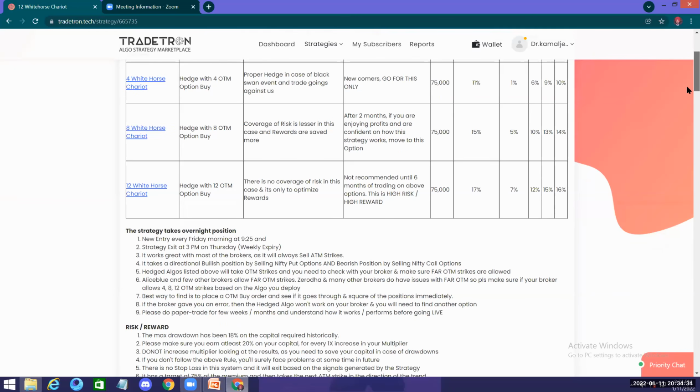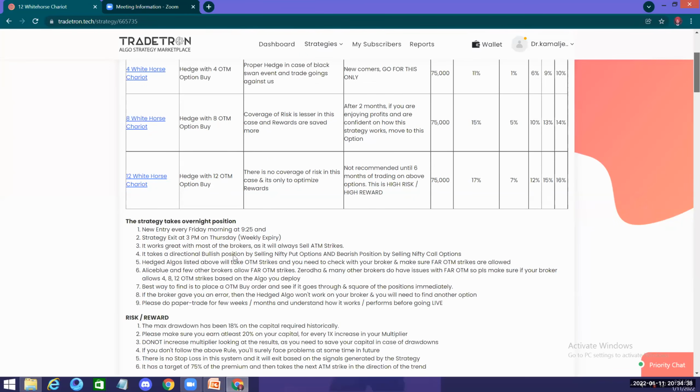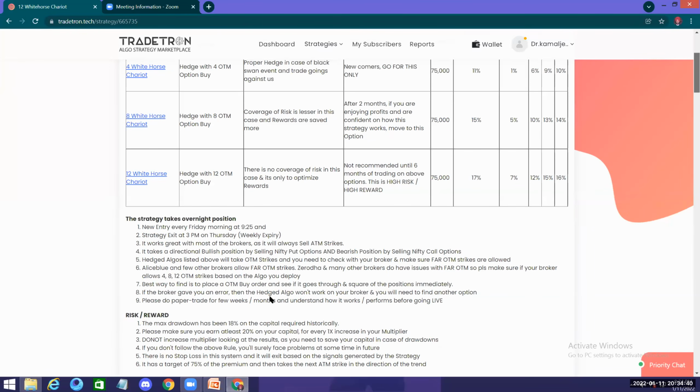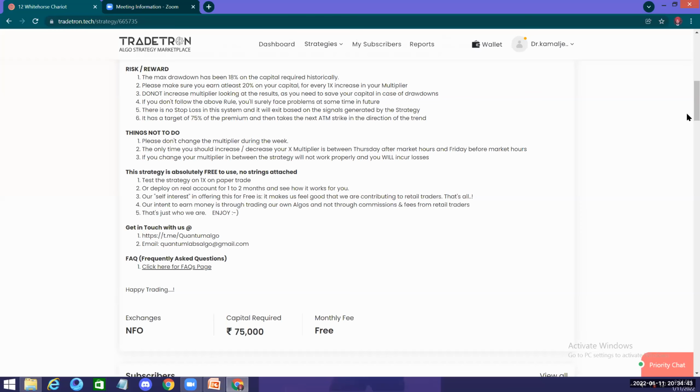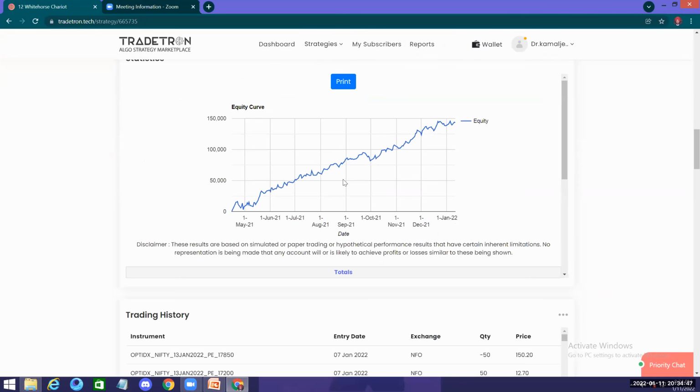It is a weekly, once-in-a-week kind of strategy. One can take it. There is a Quantum Algo Telegram group. You can join them. They don't charge any money. I have checked them, and their reviews are also very good. Now, this is something which nobody can change. You see the graph going up. Even my graph was not this high. This is giving even better than what I had planned.